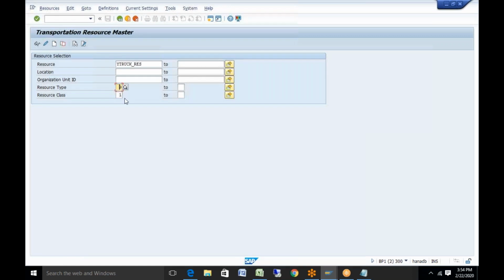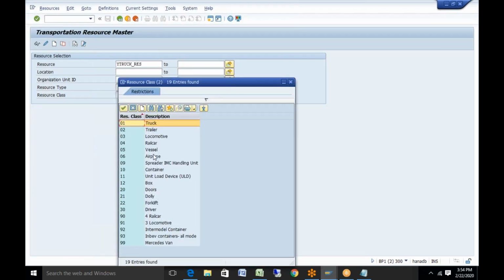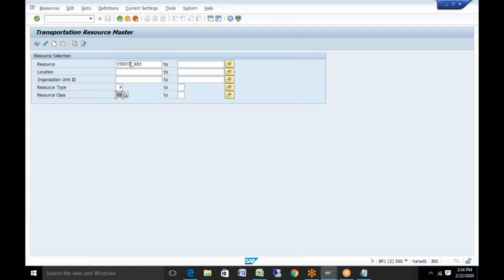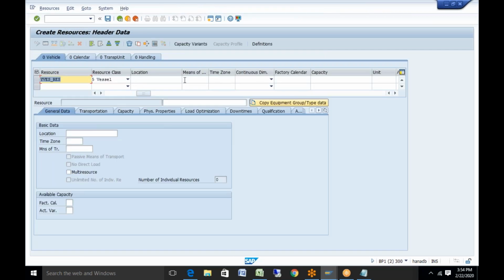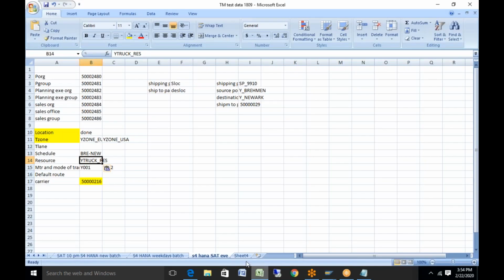For that, the only change is in this one. It will now be vessel, and here the name is Y_VES_RES. This means of transport is this one. Y002.